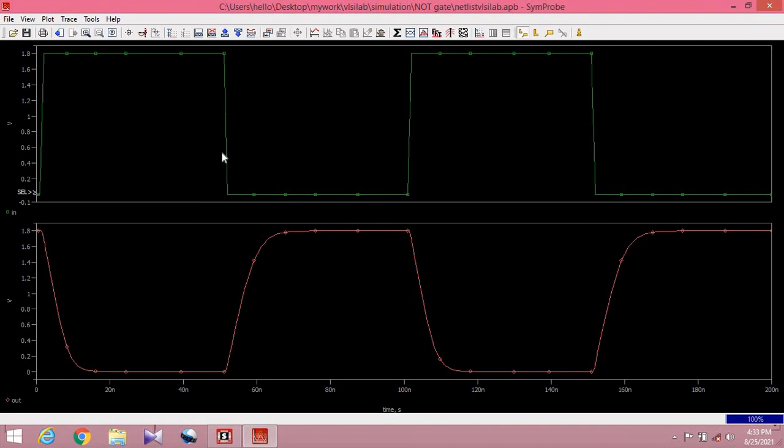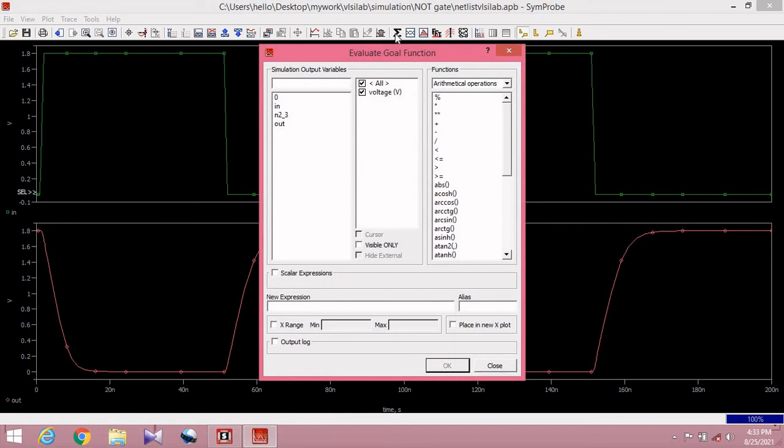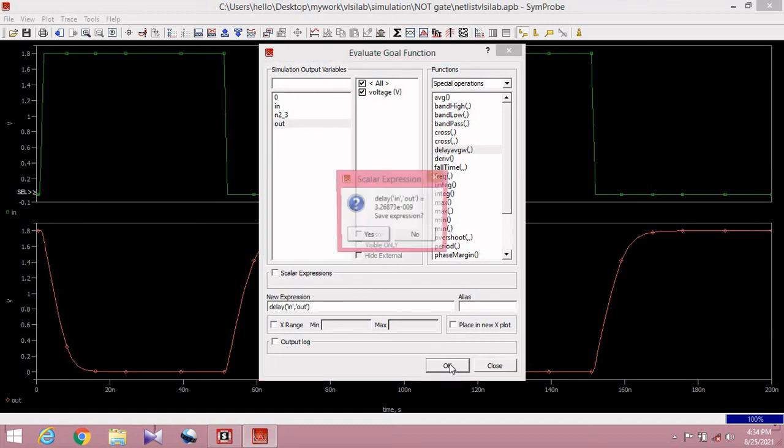Now if you want to calculate delay, then we have to click on this symbol, then special operations, and here delay average. So we will remove this ABZW and here we will select in, double click, and then out, double click, and then click on OK.